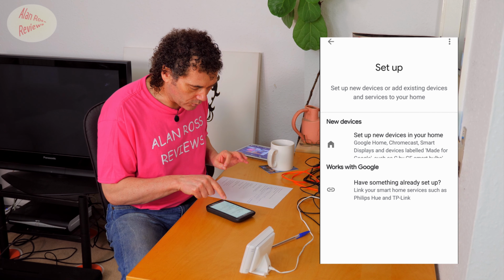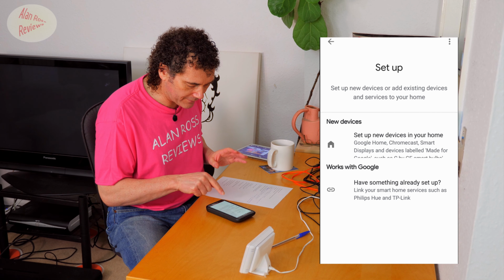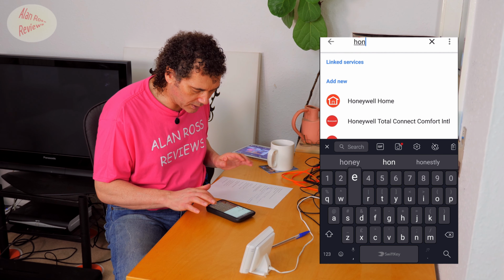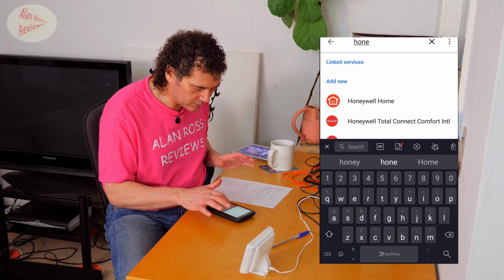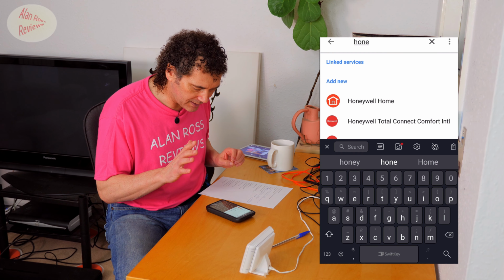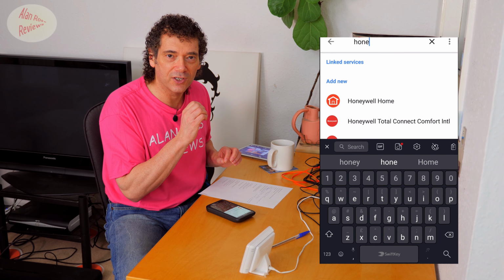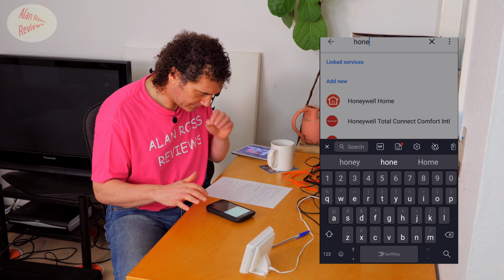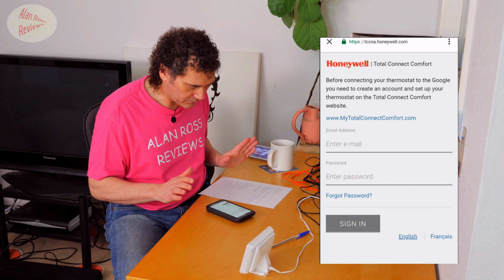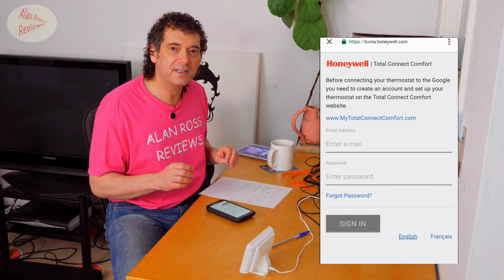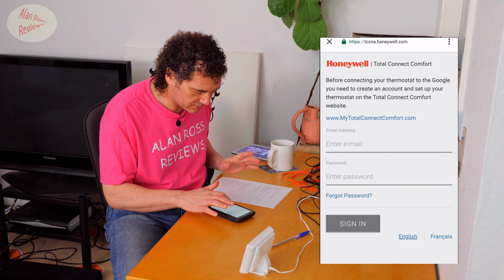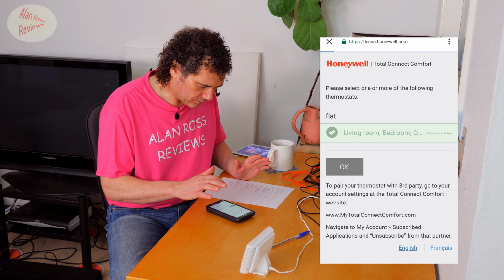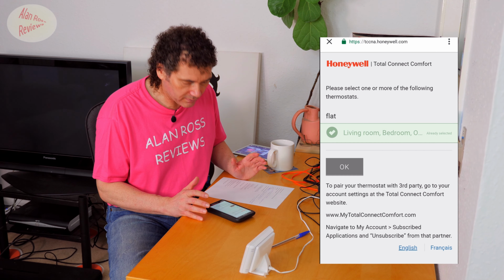So you already have a login for your Honeywell connected online app. And then it says you've got new devices, or works with Google, have something already set up. So you've already got that set up. I'm now searching for Honeywell, and it's Honeywell Total Connect Comfort INTL, International, I guess. So I've now got to enter my login details for my Honeywell account. So I accept, log on to your already set up account,